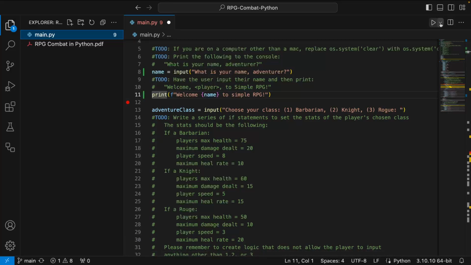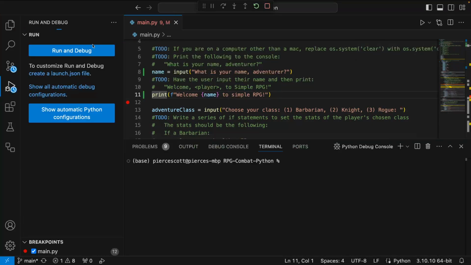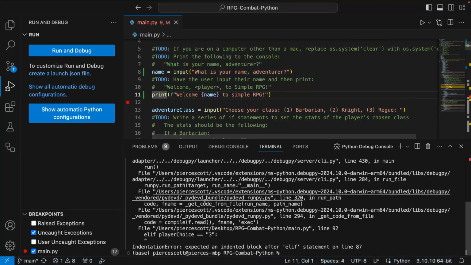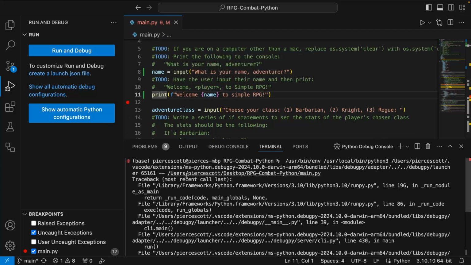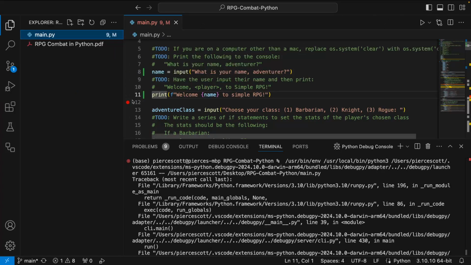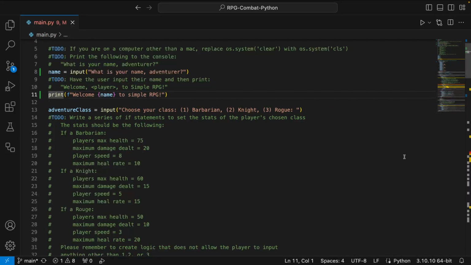So instead of hitting play, I'm going to go here and go Python debugger. Nah, it's still running the whole thing. There is a way though. You'd put a breakpoint in it, and it would stop right there. What's cool about breakpoints is when you have loops, especially for loops, and you're trying to track a variable, you can step through the loop and see what's happening each iteration. Every time it loops, it'll stop and you can see.